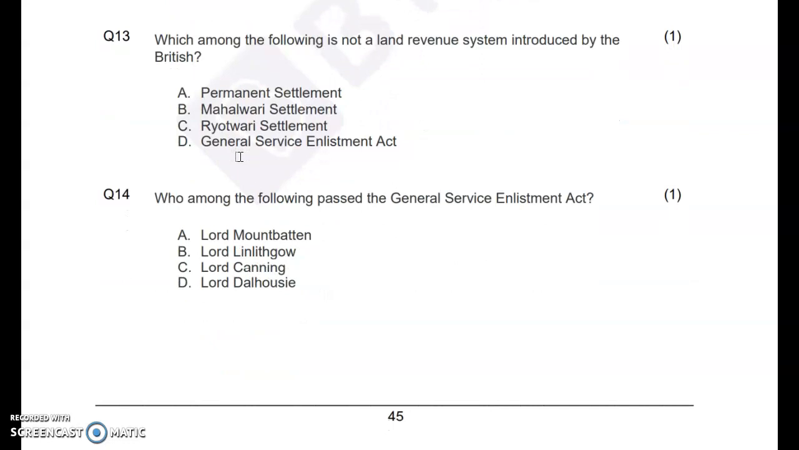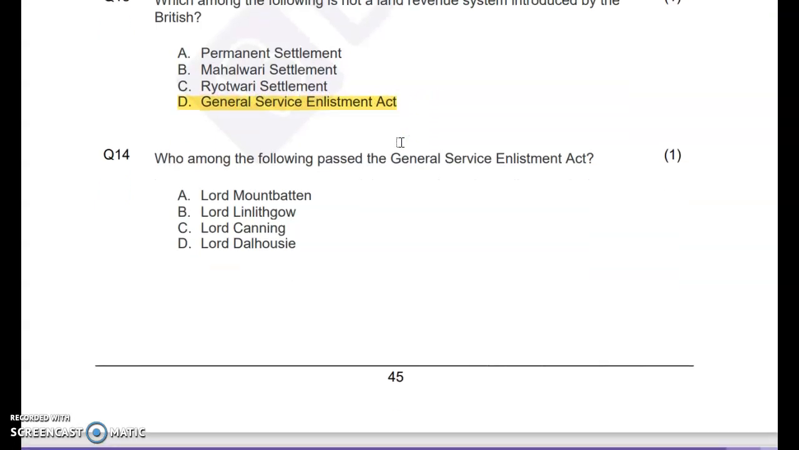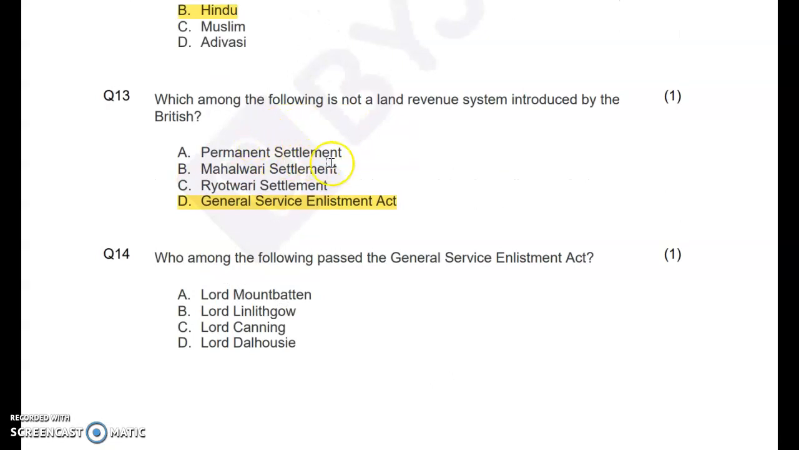Which among the following is not a land revenue system introduced by the British? The options are given. I'll tell you the answer. Answer is D. General Service Enlistment Act. Permanent settlement, Mahalwari settlement, Dyotwari settlement were land revenue systems introduced by the British to extract revenues from Indians. So these 3 were the land revenue